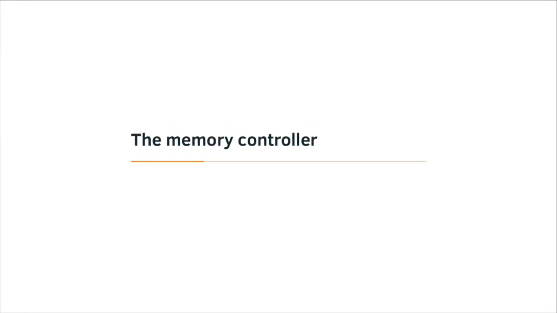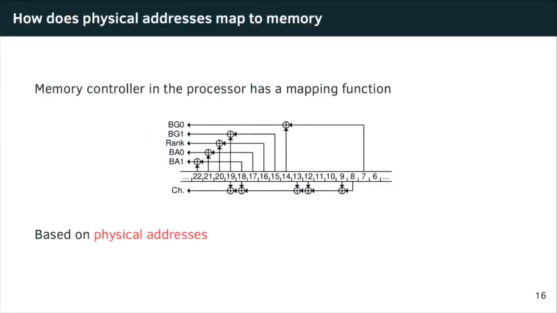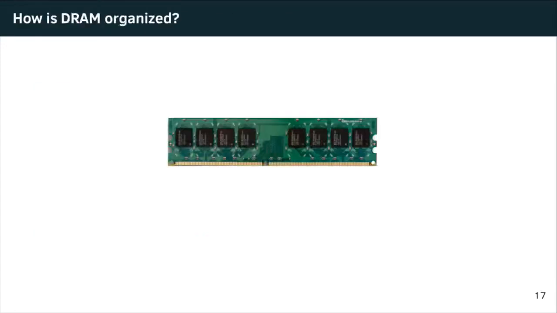Once we have passed the data caches, we arrive in the memory controller. The memory controller does a lot of stuff, but the thing we're interested in here is it has a mapping function. This is where the physical address is taken as input, and through the map, the capacitor that stores the data we want to read is found, which will take us to how DRAM is actually organized, so that you have an idea how this map is used.